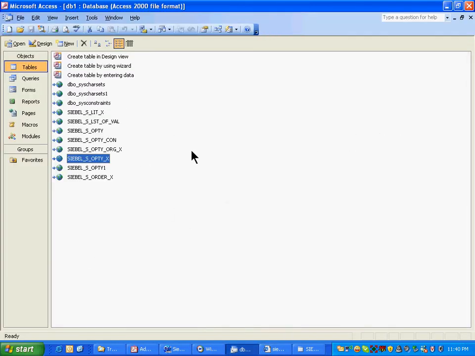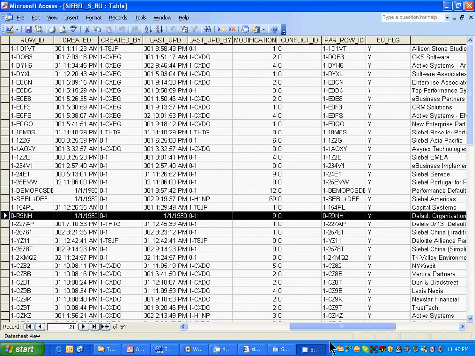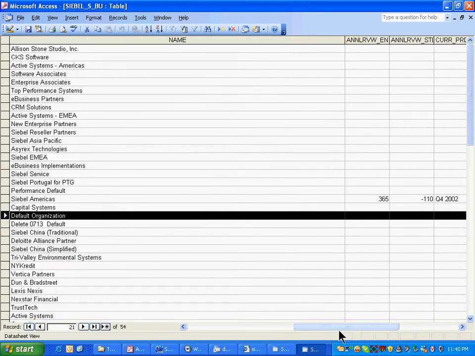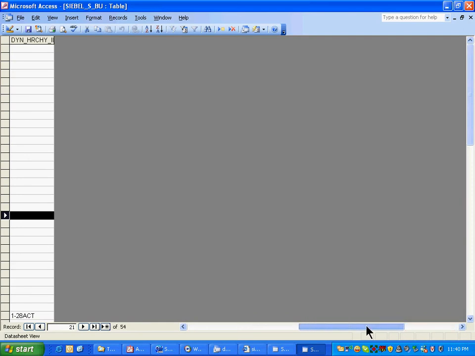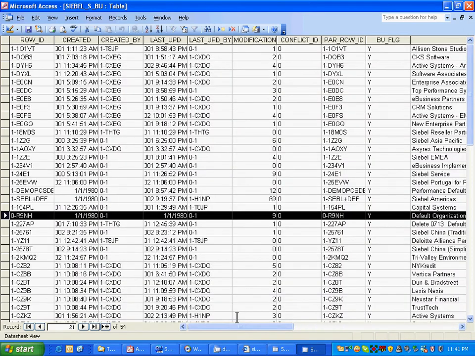If I go to this thing, this is the one. This is the default organization, the one which is deploying the Siebel. If you do not create any organization, then the default organization is the one which will automatically get attached to each and every data. And we talked in the morning, this is very important. Organization cannot be deleted, because every data is related to the organization. If organization gets deleted, data will become orphan. So Siebel does not allow you to delete organization. Default organization is the one to which every data element gets related if you do not create another organization, okay?